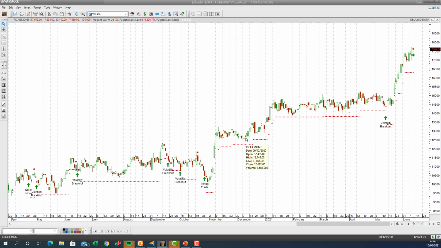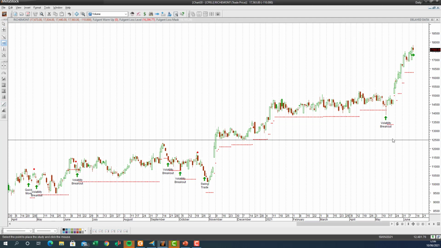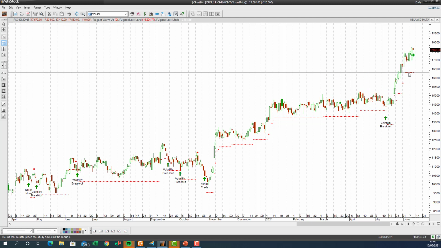So this one is 20 days into a new trade. Beautiful volatility breakout. You can see fantastic trades there. Huge moves. This swing trade was a fantastic trade. This trade from October, November lasted until the stop loss was hit here, but the AI immediately picked up on another signal here. So if we look at the trailing stop losses now up here,